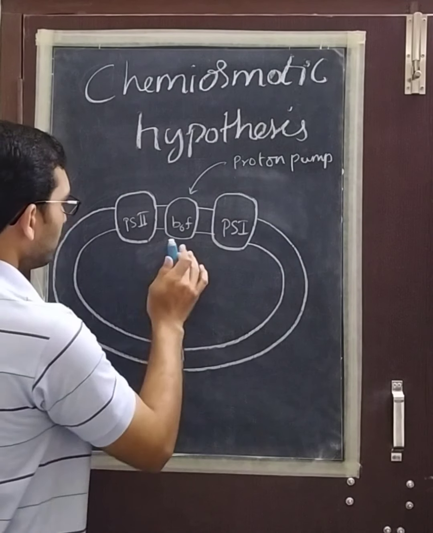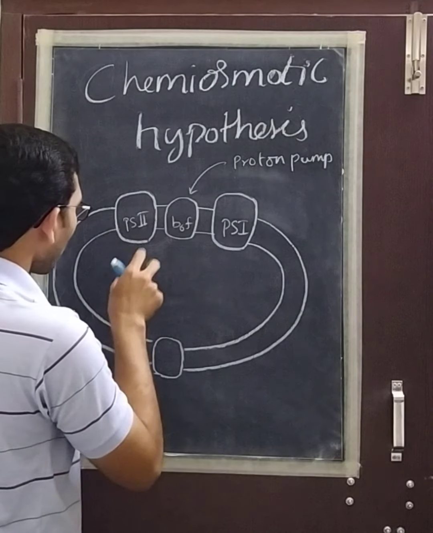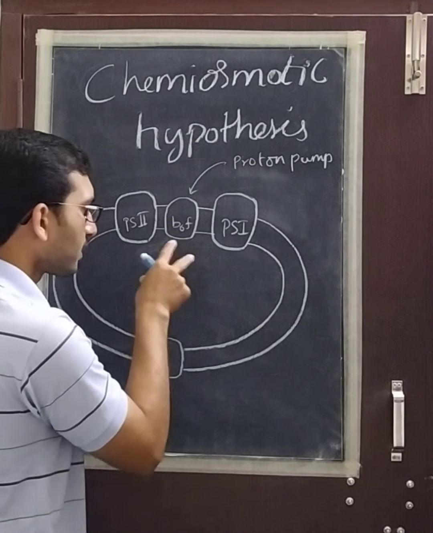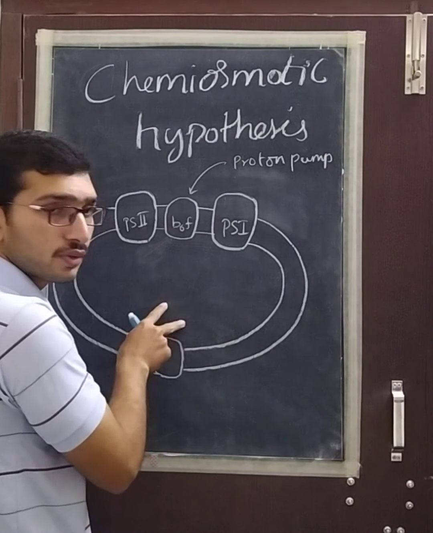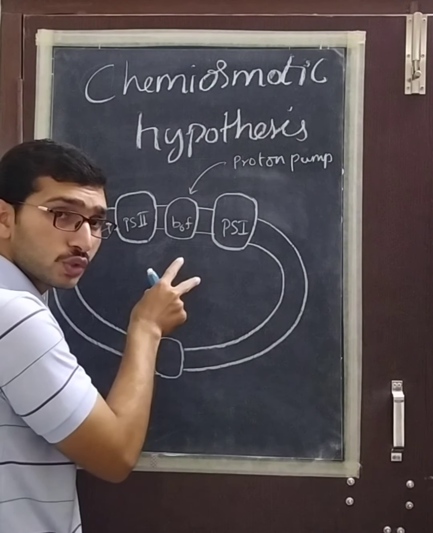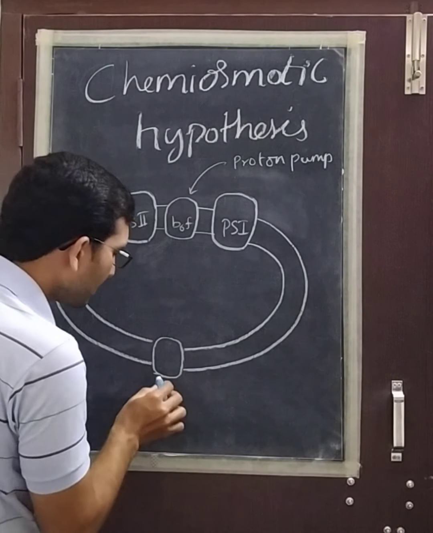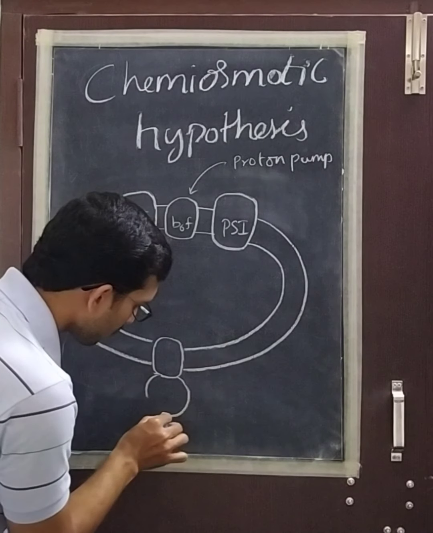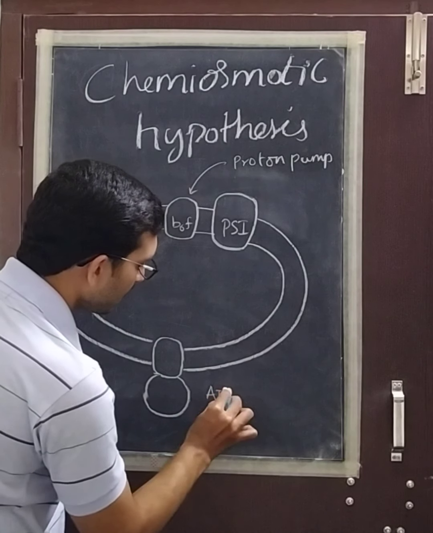And we have the proton pump. Next, proton gradient. We should also have the proton gradient that I am going to represent here, in the presence of the electron transport, how the proton gradient is going to take place. Next, we should have the ATP synthase. What a chemiosmotic hypothesis should have means, it should have the ATP